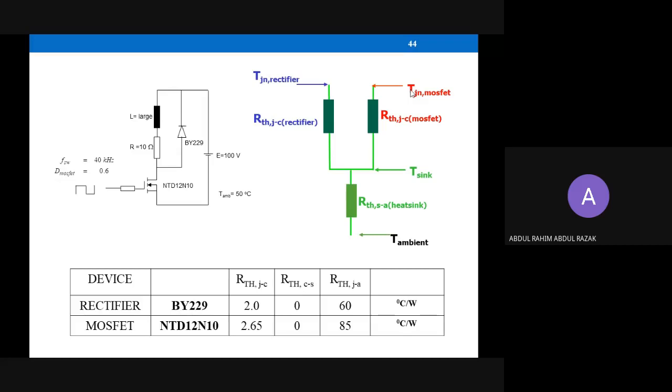One MOSFET and one rectifier share one heatsink, and from the junction temperature of the MOSFET, heat goes to the ambient through the same heatsink which the rectifier is using. We have to furnish all the values here, including the heatsink value at this point. Is the heatsink sufficient or not to operate this MOSFET